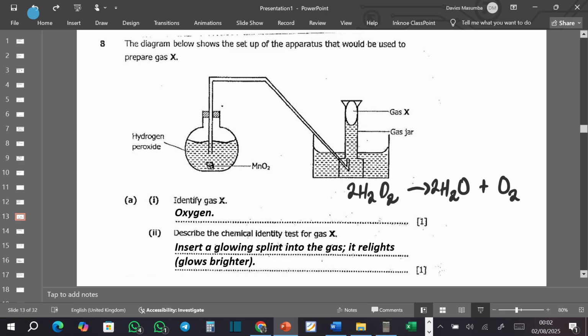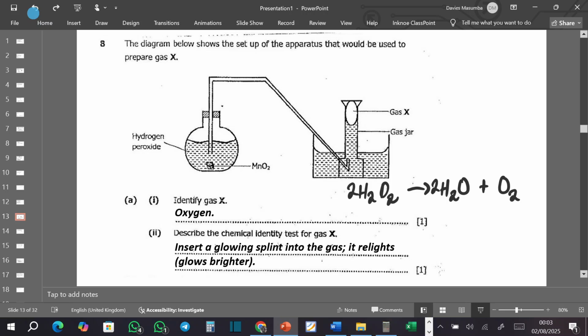So A, Roman numeral 1, identify gas X. So gas X, we have said it is hydrogen gas, this gas, oxygen gas, I mean. Then Roman numeral 2, describe the chemical test for gas X. So how do you identify gas X, which is oxygen? So insert a glowing splint into the gas. It relights a glowing